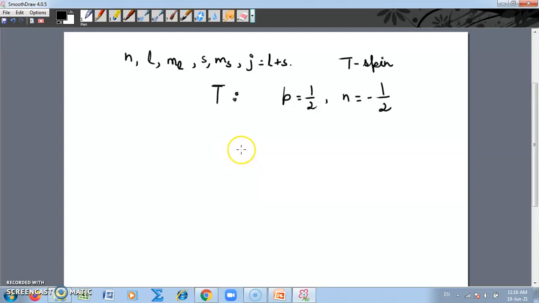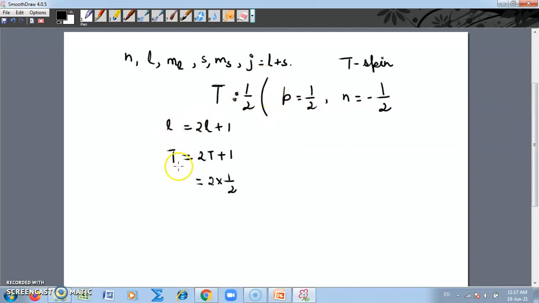Then again for T, just as we had for L, you remember, for L we had twice L plus 1 values. Similarly for T, we have twice T plus 1 different values, and when I take 2 into half, because half is the absolute value, here T actually is equal to half,